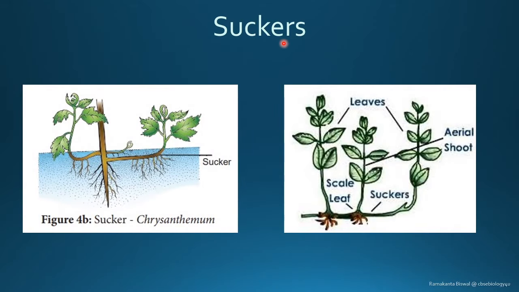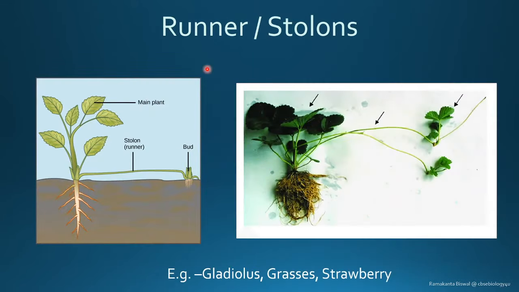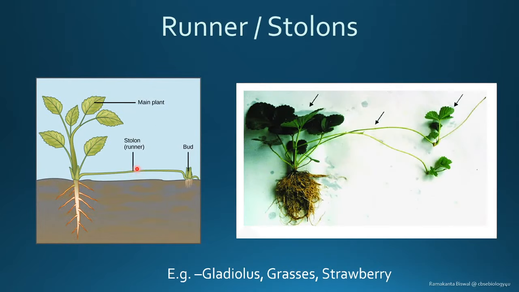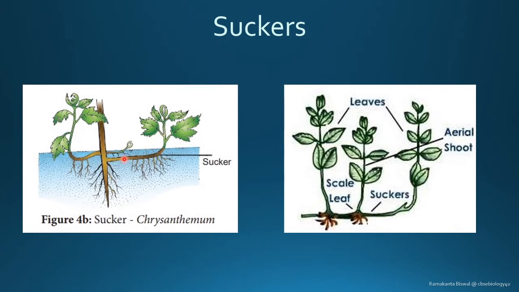Now you have the second, something similar to the stolons, these runners or stolons, that is called the suckers. And typically we have the suckers in case of chrysanthemum, and also you have this in case of the tomato. Now what happens here is these suckers typically grow underground. In the previous one you have seen this typically is on the top of the soil, but here they're growing underground. They grow into a second plant, and these also play one of the vegetative methods by which the organism is growing.